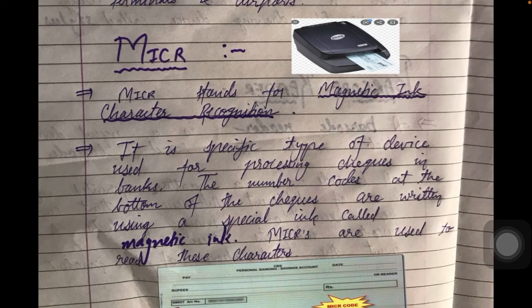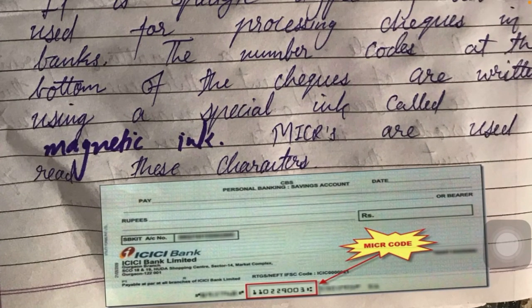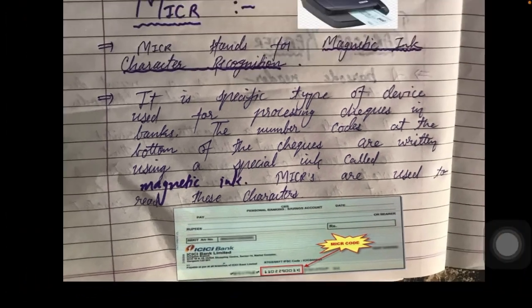Now the last one is MICR. MICR stands for Magnetic Ink Character Recognition. Have you ever seen a check? This is a check, and in the bottom part of a check there is a different type of numbering. This numbering is a code given by a bank. This code is written with a special ink, and that ink is called magnetic ink.